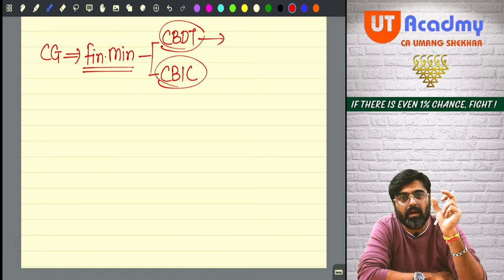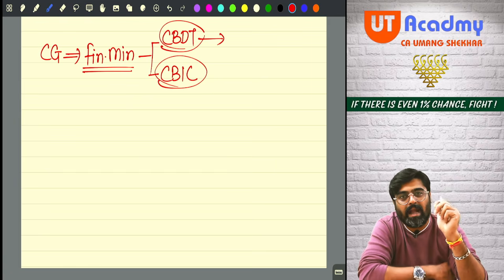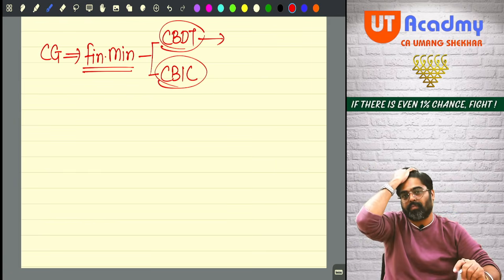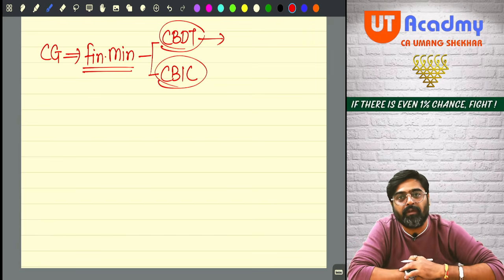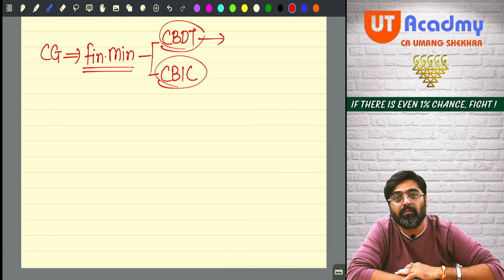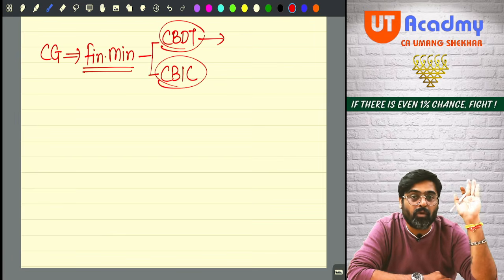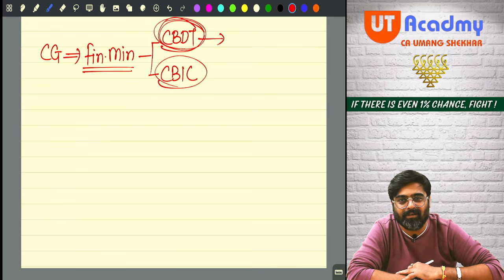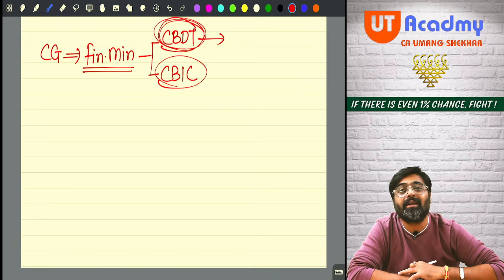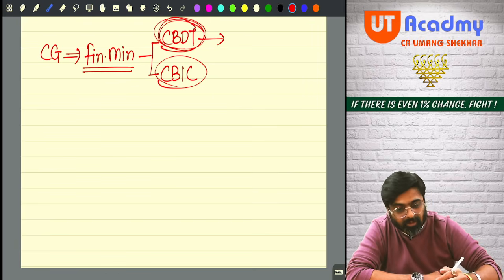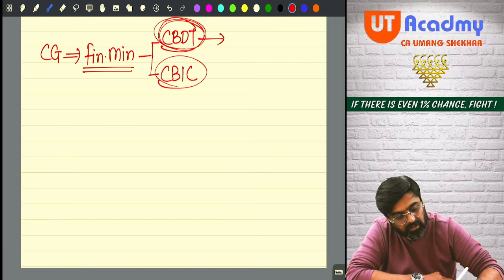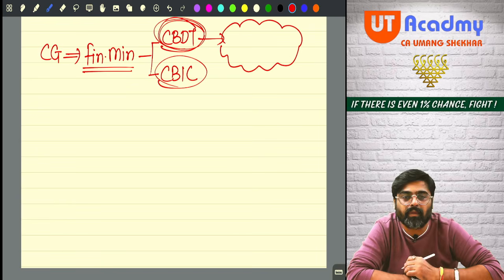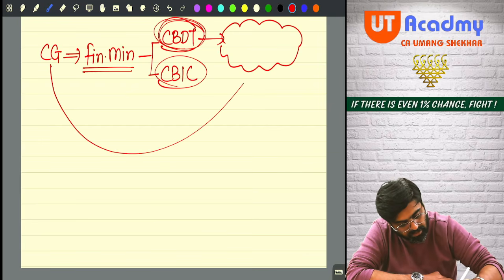Okay. Now, CBDT is an authority. Just tell me, one authority is there and how many taxpayers are there in India? Crores of individuals are there who are earning income. Lakhs of companies and partnership firms are there. So from so many taxpayers, this single entity cannot go everywhere and collect the taxes. So they are given certain employees, that the central government will give certain employees.